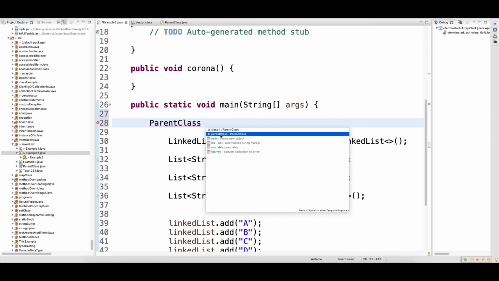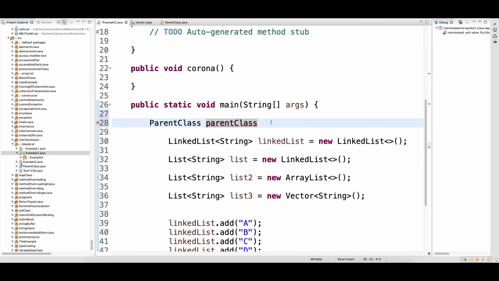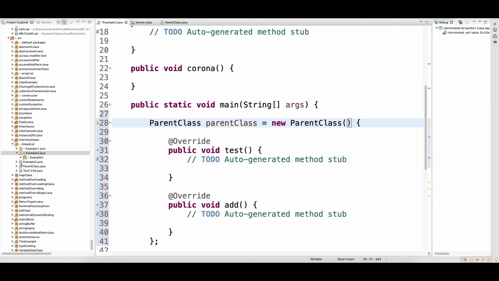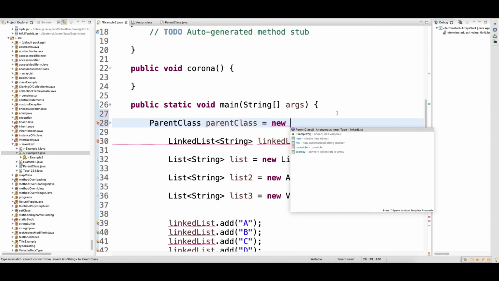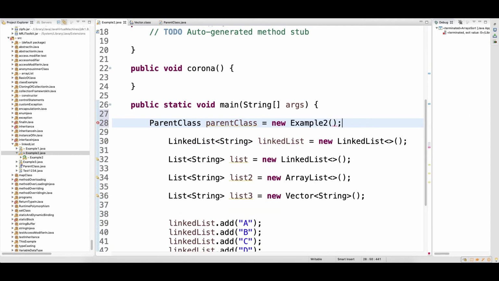Select this one. A reference name will always start with a small letter, is equal to new and then the class name, which is the child class. You cannot make the object of the parent class.